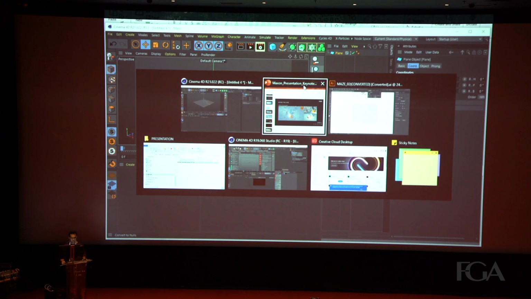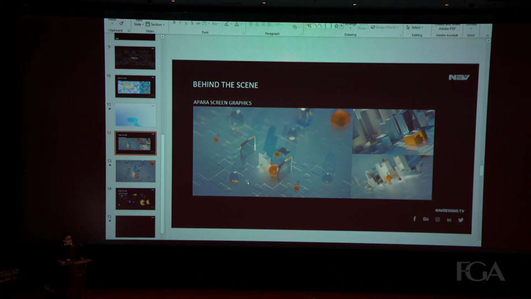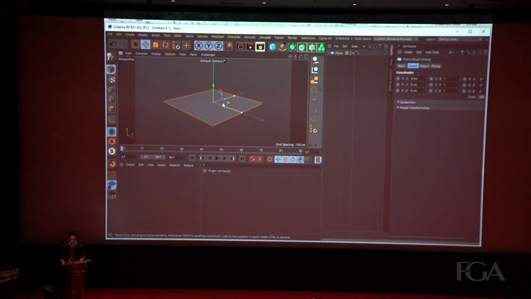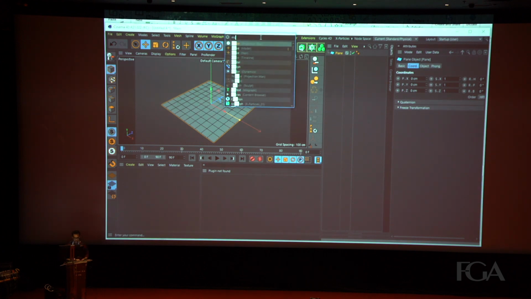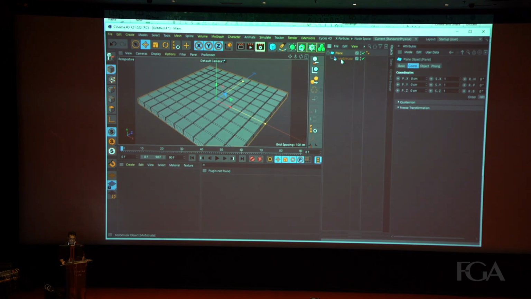So basically, I use a simple plane, and inside the plane, I used the Mo Extrude, my favorite deformer. That was a very simple setup, but I didn't like it initially.